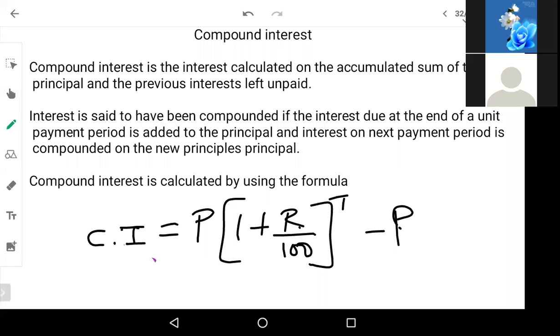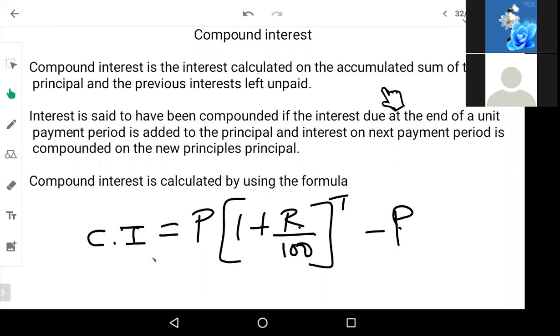So just to revise compound interest from the previous class. Compound interest is interest which is calculated on the accumulated sum. In simple interest, we were directly calculating the interest on the principal, but here, like your WDV method of depreciation, you will have to calculate the interest on the accumulated amount. In WDV, whatever is left out, you will calculate, but here, whatever is added up, you will calculate the interest